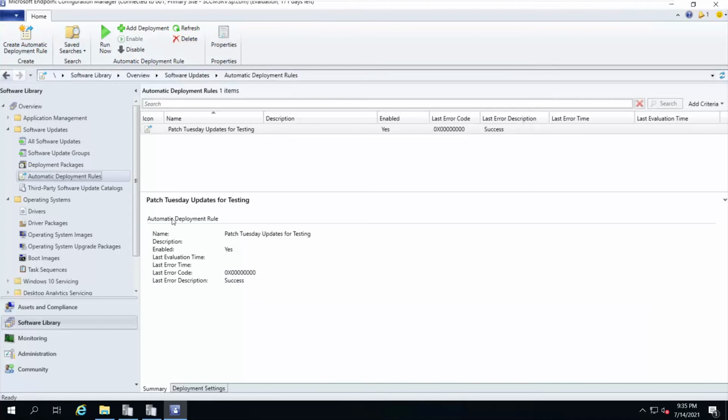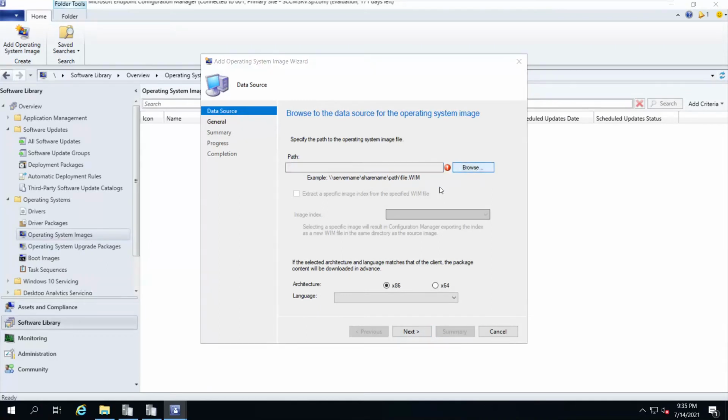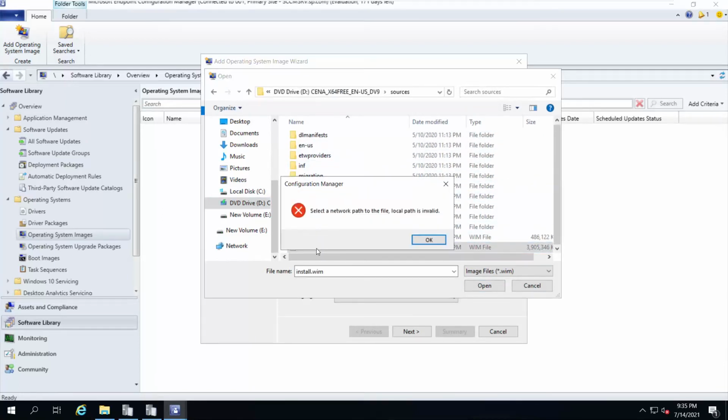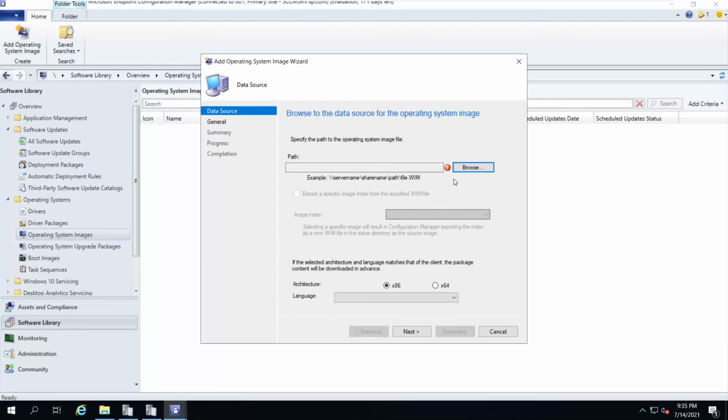I'll maximize it. Operating system images. I'll right click and add operating system image. Browse. It is my D drive, sources, and install.wim. Okay, it is asking for a network path.